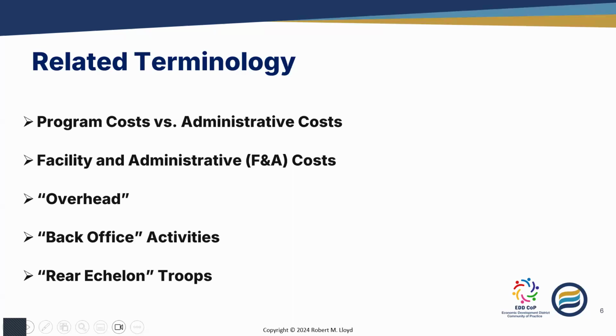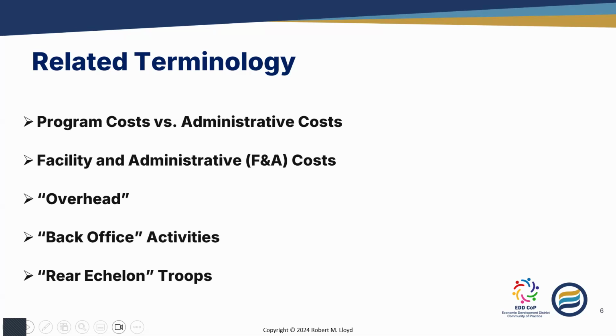The term back office activities is also one that sometimes gets substituted in here, recognizing that in many operations, particularly banking and other financial services arrangements, there are staff members who are working in a support role for an overall enterprise. And even in the military, the term rear echelon troops is something that comes up to demonstrate that there are certain kinds of functions that relate to support of the overall operation or mission.